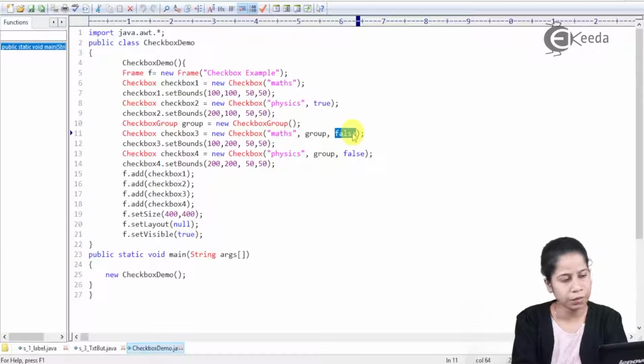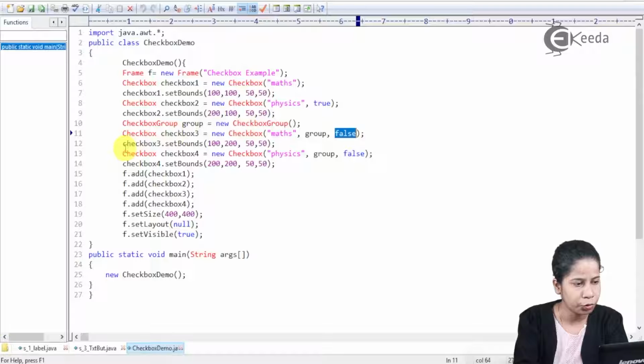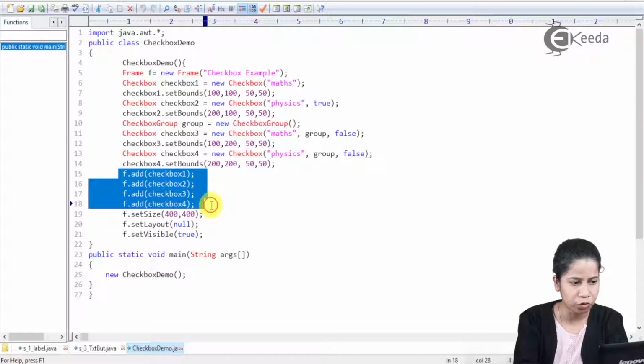So what is false? By default it will not be checked. Set bounds to it. Then I have created one more checkbox, given it the value physics, bound it to the group, and made it false. Then I have set the bounds for checkbox 4. Then I have added all those checkboxes 1, 2, 3, 4 into the frame.